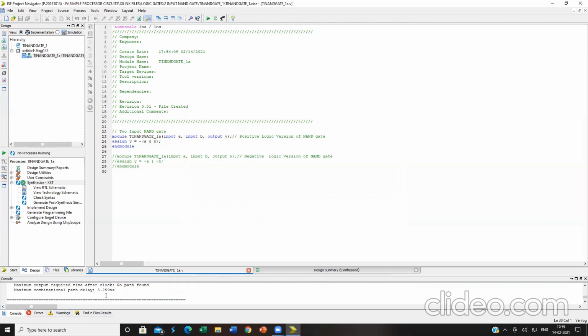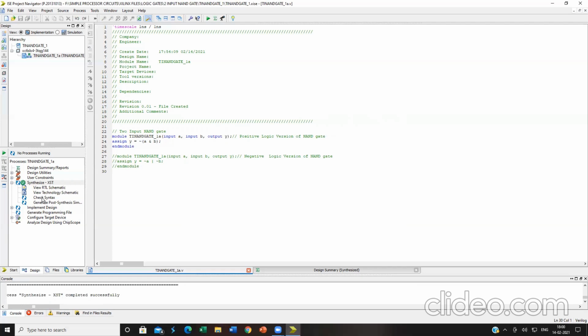That means the NAND gate has a propagation delay of 5.259 nanoseconds. That means after you apply inputs, only 5.259 nanoseconds afterwards will your output be realized by the NAND gate. So the synthesis operation has been completed successfully.